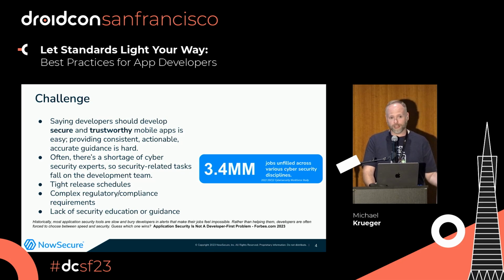Now you've got your development job, and you've also got a security job. Historically, most application security tools are slow and bury developers in alerts that make their jobs feel impossible. Rather than helping them, developers are often forced to choose between speed and security. Guess which one wins? That was a quote from Forbes this year, and their point was that application security is not a developer-first problem.